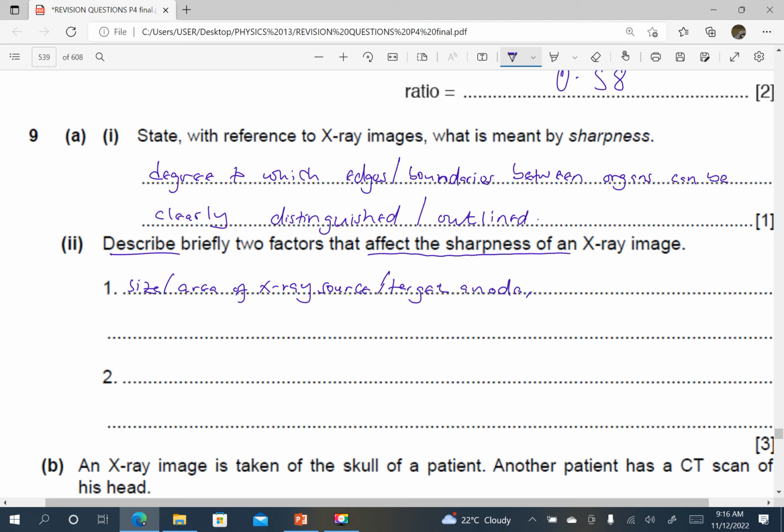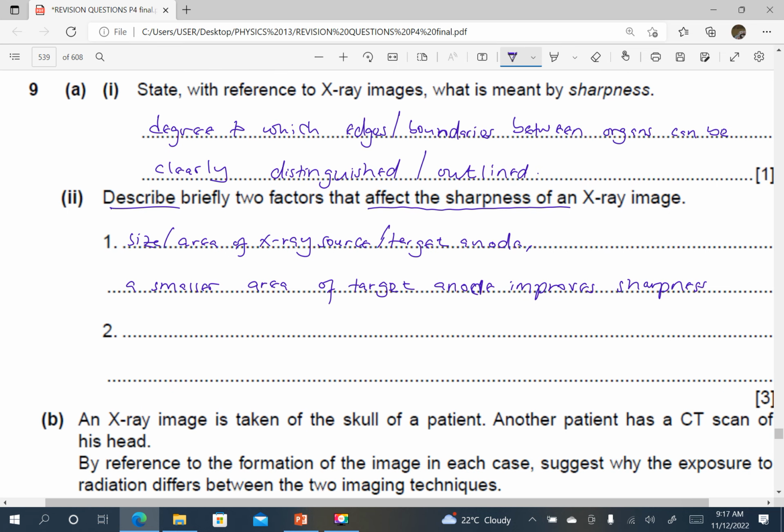We know that a smaller area of the target anode improves sharpness. Number two, apart from the size or the area of the target anode,